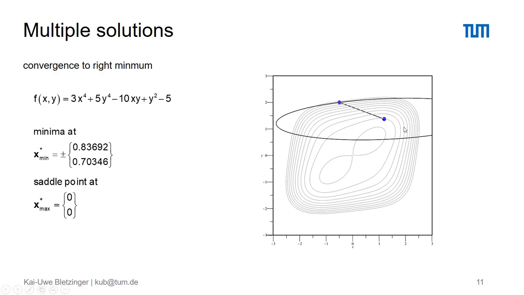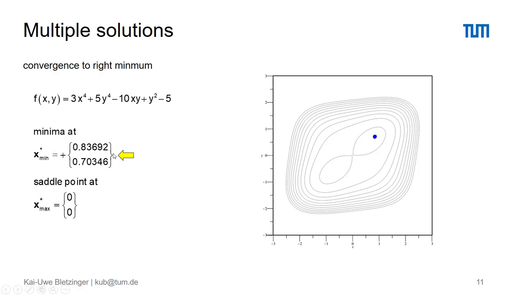Again, we apply Newton-Raphson at an initial point. We just generate our first quadratic problem. Here is our initial point, and the solution of this quadratic problem is just the minimum of this quadratic function. Then again, we generate a quadratic problem where we just find the minimum in the center of these elliptic contour lines, and we just repeat that until our algorithm is converging, and we just converge here at the first minimum